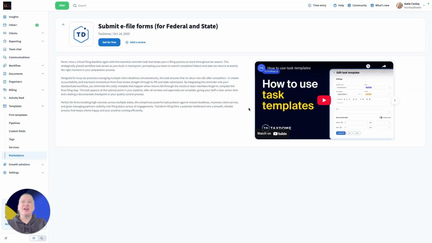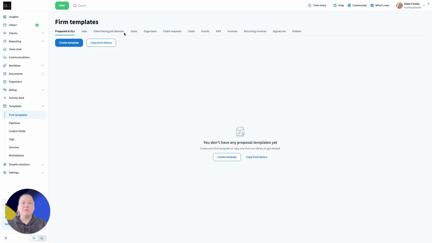Today we're going to go over our submit e-file forms for our state and federal returns. First thing you're going to want to do is click Get for Free. You're going to go to Firm Templates. Normally this is going to be part of your pipeline, but we can also set it as a one-time task